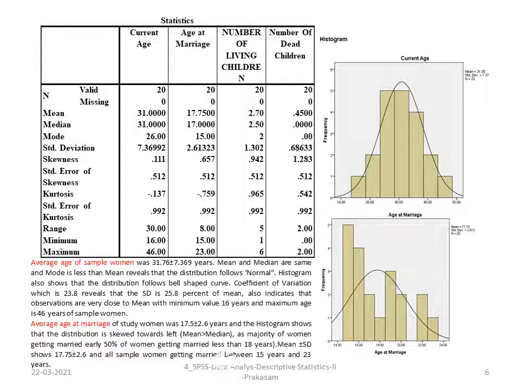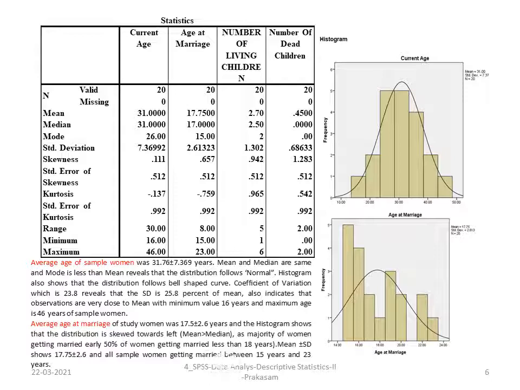If the mean is the high middle value and all the observations are distributed equally, then you will find a bell-shaped curve. That is the normal, and you can find it here in the histogram. Whereas down below, for age at marriage, you can see in the graph that most of the women are getting married at less than 18 years or between 18 to 22 years. That's why you will find the graph very high, and as the age increases, the graph fluctuates and goes down. Therefore, the curve is slightly different from the normal curve. That shows the skewness.